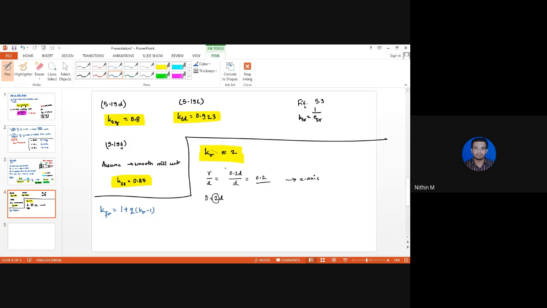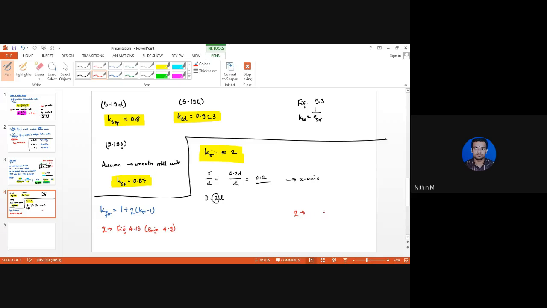In order to determine the value of the notch sensitivity factor, you open figure 4.13. It is present on page number 4.9. The notch sensitivity factor q can be obtained using figure 4.13. Remember, figure 4.13 is present on page 4.9; it is the last figure, at the bottom right. In order to determine q,